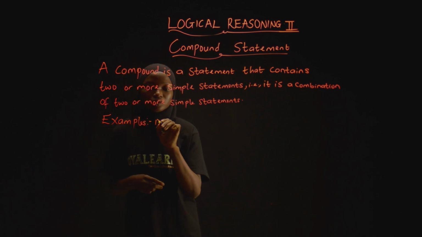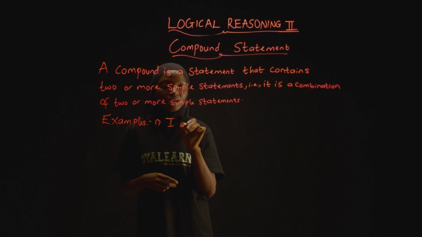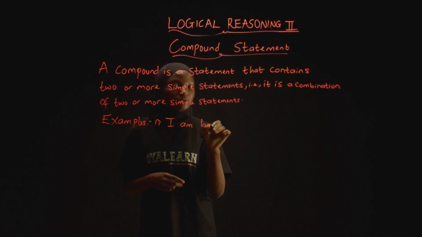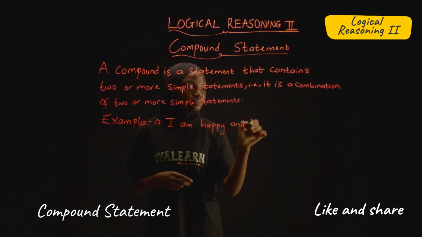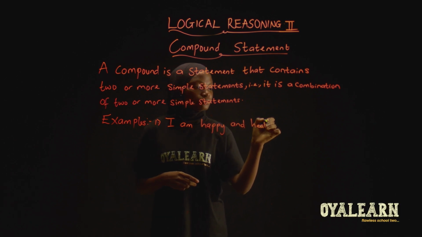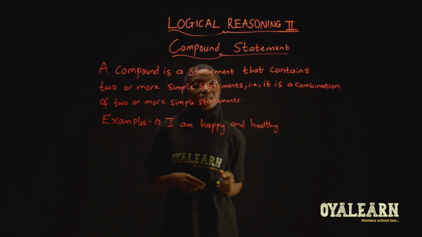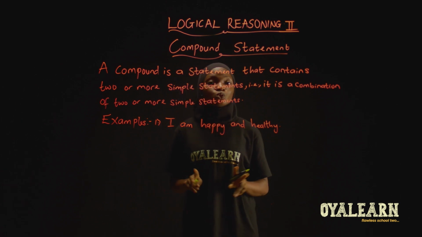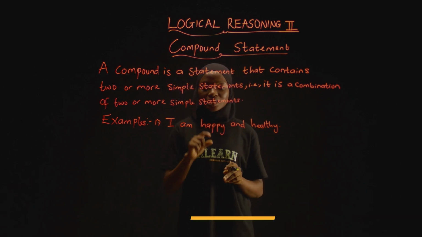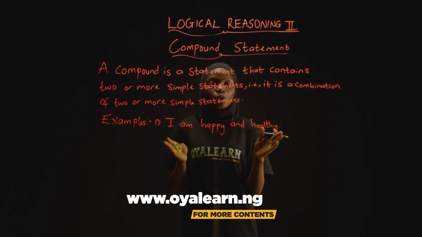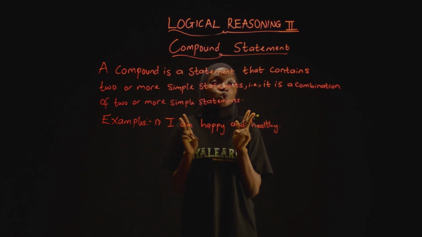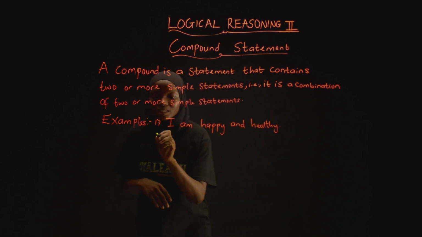The first one, I am happy and healthy. Now, if you look at this statement, it contains two ideas. That is, I am happy, then I am healthy. So, these compound statements already have two simple statements. Another example,